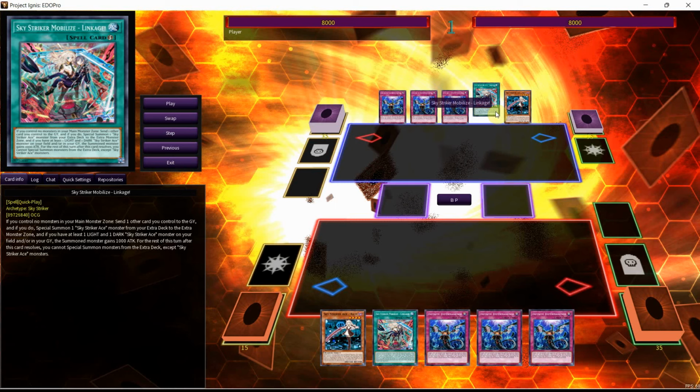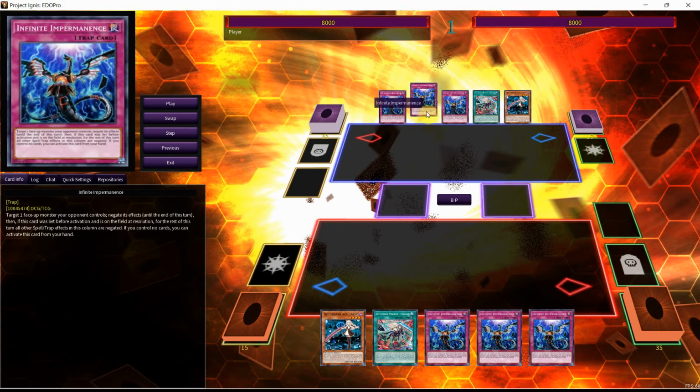For the rest of this turn, after this card resolves, you cannot special summon monsters from the extra deck except Sky Striker Ace monsters. As you can see, its ability to send another card you control to the graveyard in order to special summon a Sky Striker Ace monster from your extra deck is a great way to play around something like Imperm, as even if you have a Sky Striker Ace monster in the extra monster zone, you can